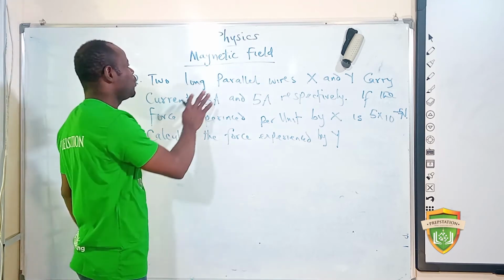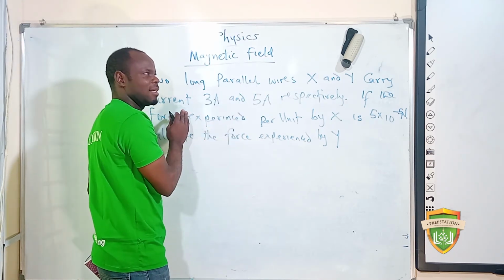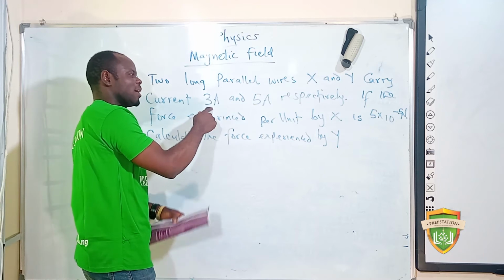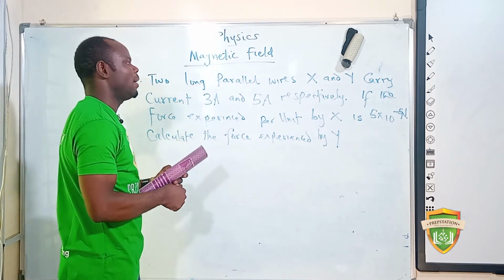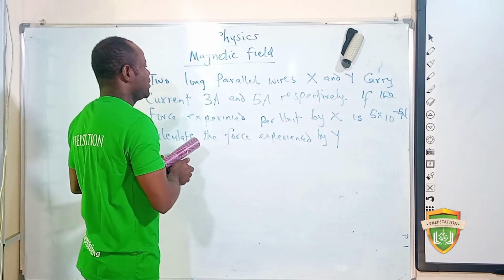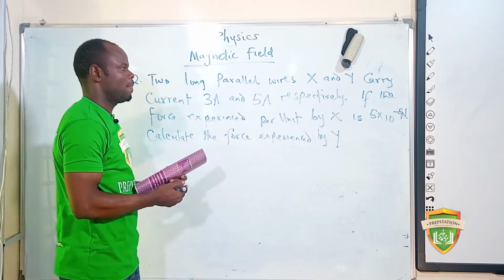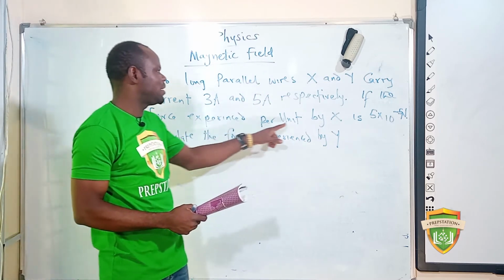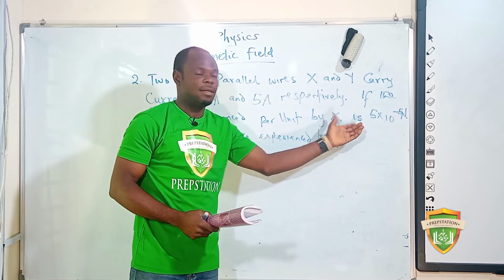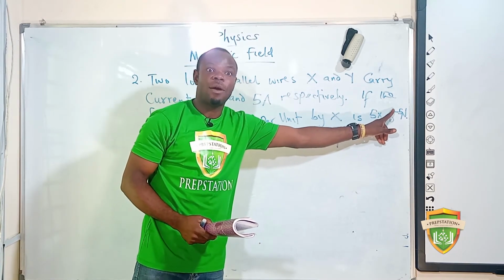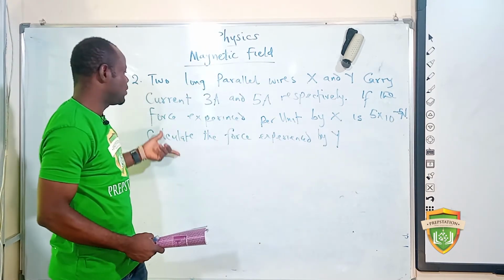Okay, we are given 2 wires. One is X, the other one is Y. This one carries a current of 3 ampere, and then the other carries a current of 5 ampere. Now we have been given the force per unit area to be 5 for X, to be 5 by 10 raised to the power of minus 5 newtons. So we are to determine the